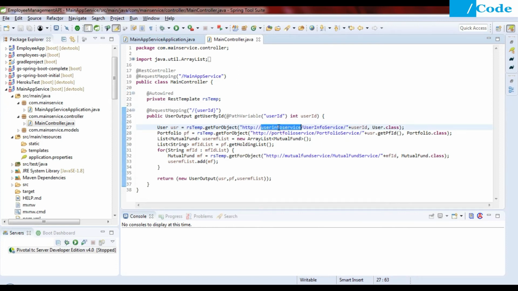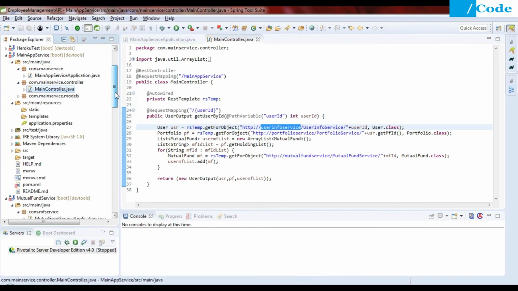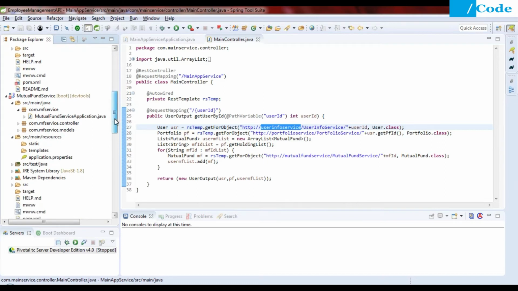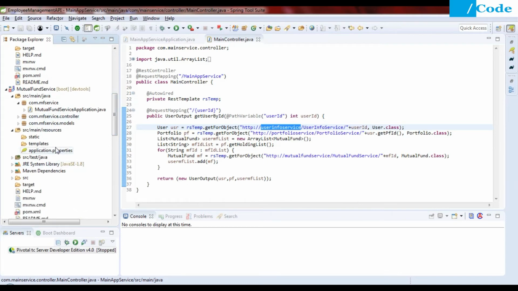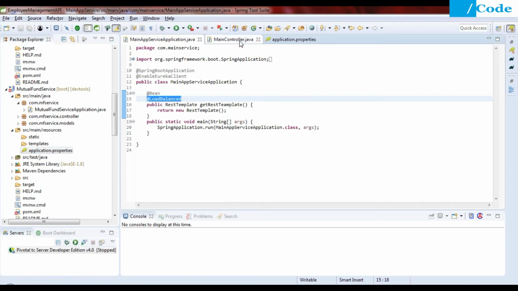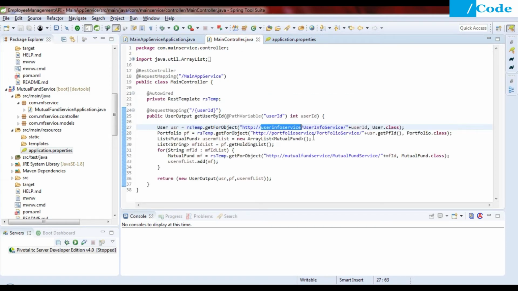So what it will do is, before directly hitting my mutual fund service, it will first ask my discovery server, which is my Eureka server: hey, do you have this mutual fund service registered with you?